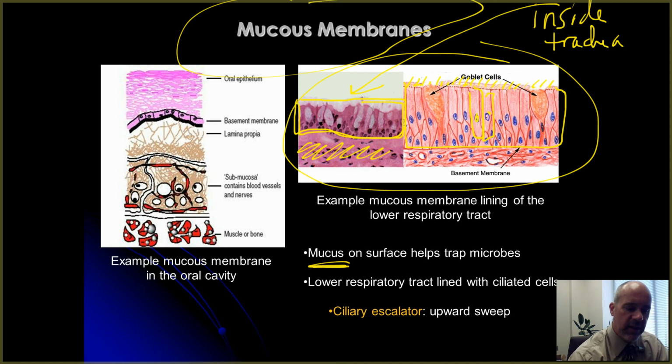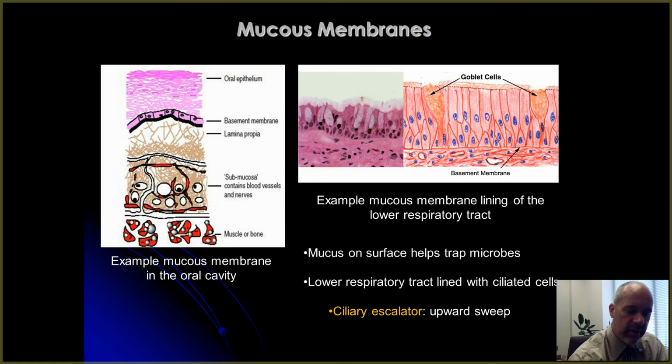But just like with your skin, your mucous membranes, if you wind up with microbes up here along a mucous membrane, because those epithelial cells are so jam-packed tightly together, most microbes can't get through there. Now, as we talked about in chapter 11, some microbes make enzymes, things like hyaluronidase, for example, that help them break apart the connections between those epithelial cells, and then they can get down in here into deeper tissues where they have access to things like your bloodstream,